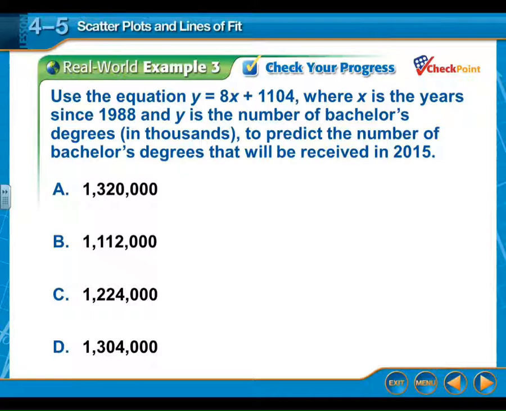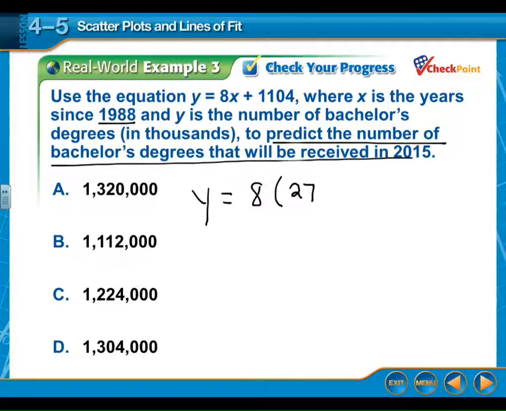So let's just see if this works. Let's do y equals 8 times 27 years, because it's the years since 1988, and we want to predict the number of bachelor's degrees that will be received in 2015. I get 8 times